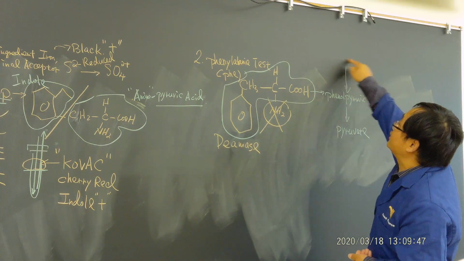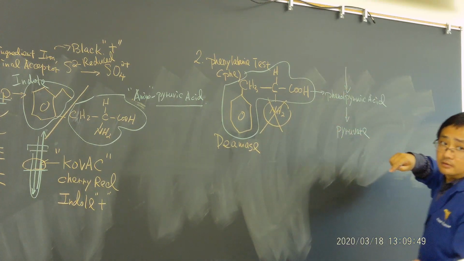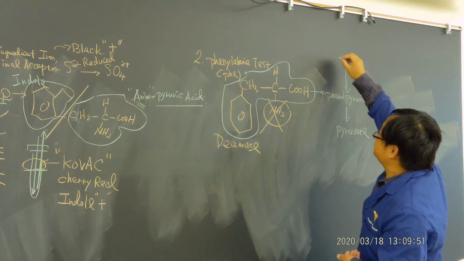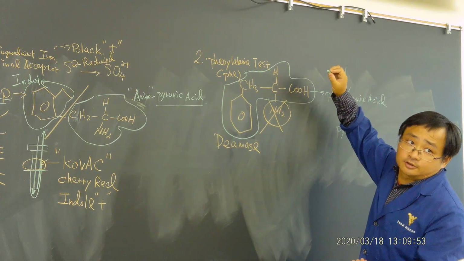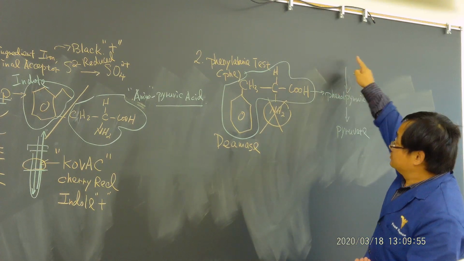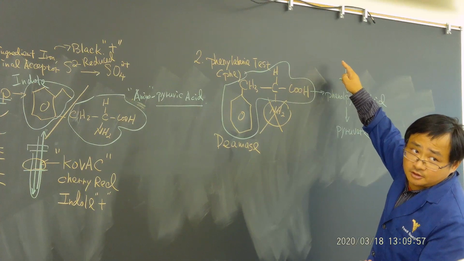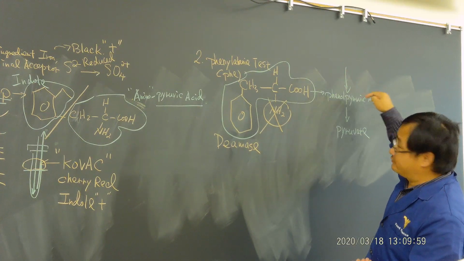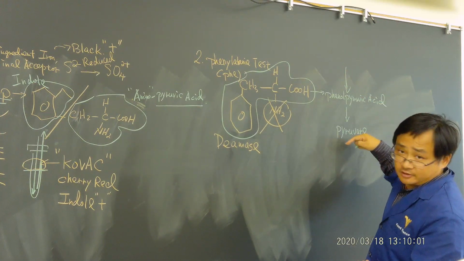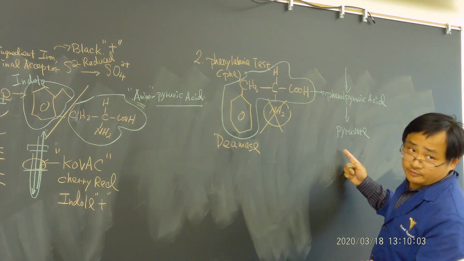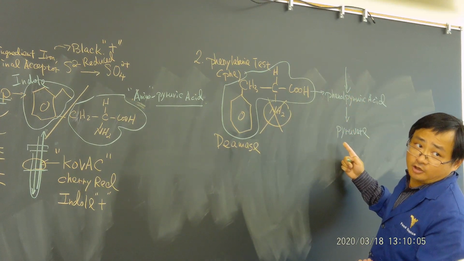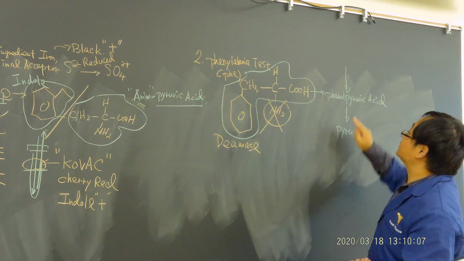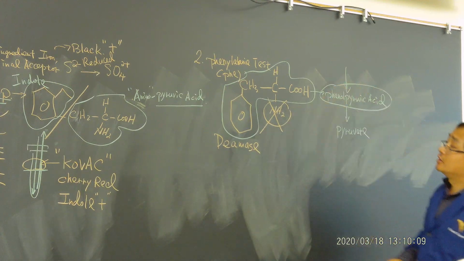What is this guy right here? Is that glyceraldehyde 3 phosphate? Then phenylpyruvic acid, then pyruvate. What is this called? Glycolysis, is that right? That's why this guy is important, because they can